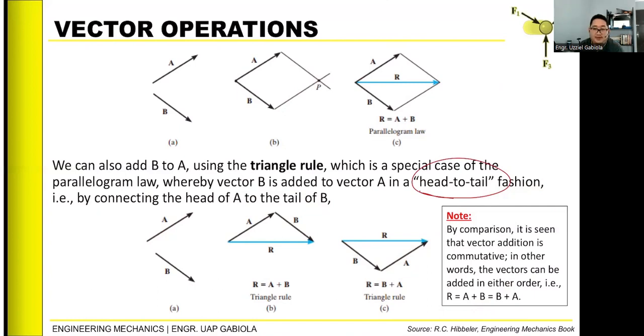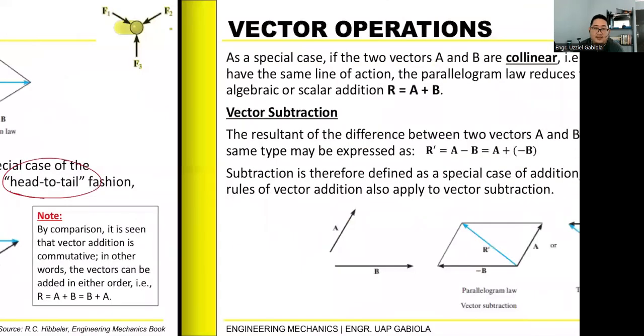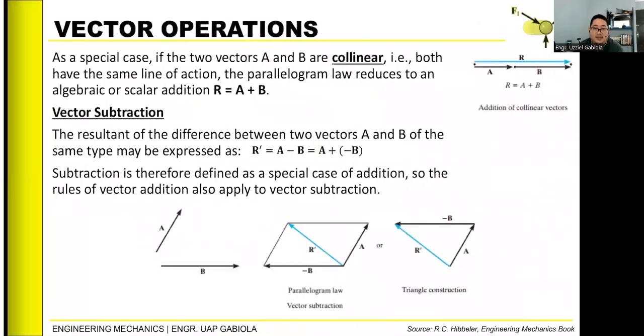Alright, so after that, ito yung sa vector addition, no? We have a special case also if two vectors are collinear. Pag sinabi naman collinear, they are acting on the same line. Okay, like this figure, no? So, I'm not sure if you can see the figure. Okay, let me